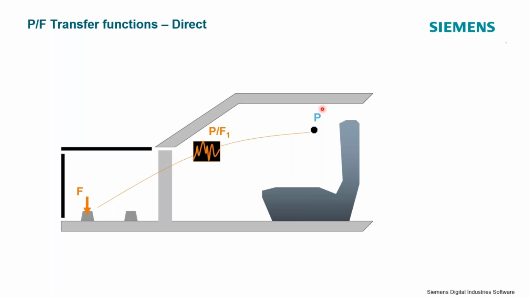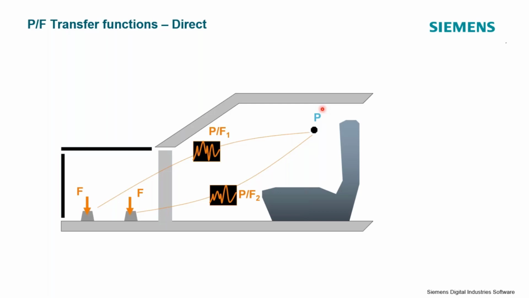How much pressure is produced by putting in force at this location. As I have 2 mount locations, I'm going to have to do a second measurement. So now I'm putting in my force here, and I'm going to measure a different function of P over F, where the F is applied at location 2. So I've got 2 locations, I create 2 P over Fs. This will help me understand how energy gets in and flows through my structure and produces noise at the driver's ear, given that the force is acting on my structure at either one of these mount locations.